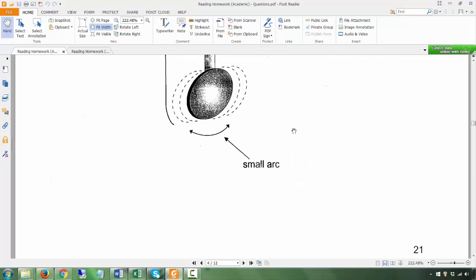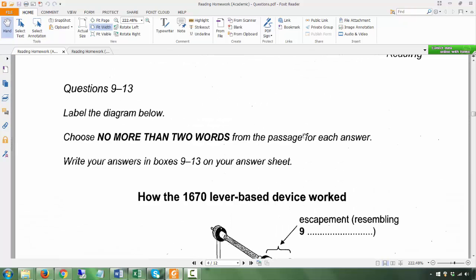So it should be a ship's anchor. Now let's have a look at the instructions. No more than 2 words. So there's no way you can put a ship's anchor. Okay. IELTS will probably allow for different kinds of variations in terms of the answers, but you can't put a ship's anchor because that's 3 words. You only have 2 words. So you could put ship's anchor. You could put an anchor. All right.